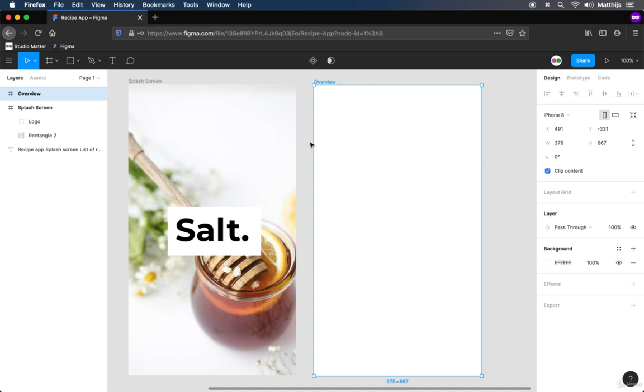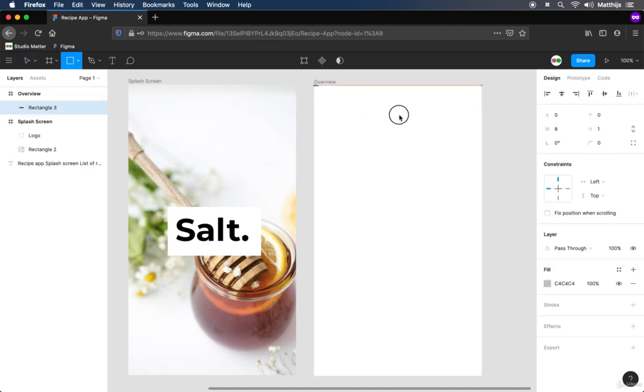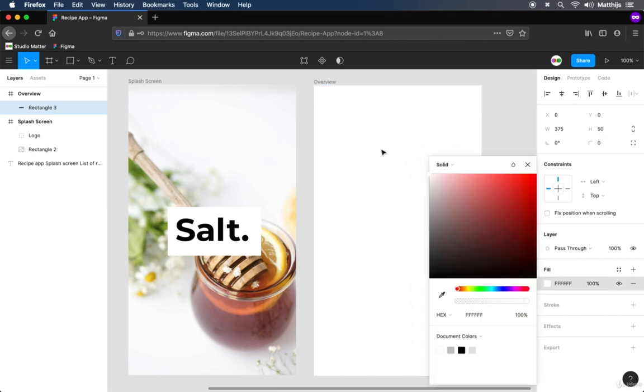So the first thing we're going to need to create is a little header on top. So let's create a rectangle that we'll put on the top bar here. Let's make it around 50 points. If it doesn't work out right away, you can always just edit it here. So let's say 50. We'll give it a white background and we'll add a little bit of a drop shadow